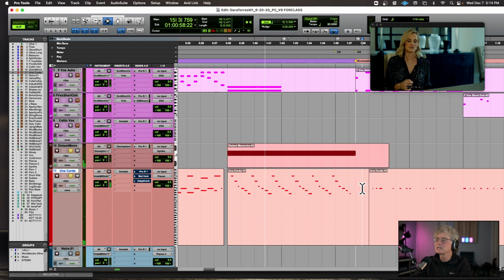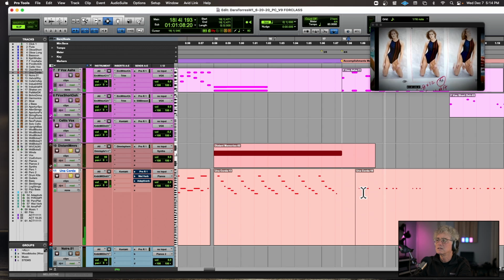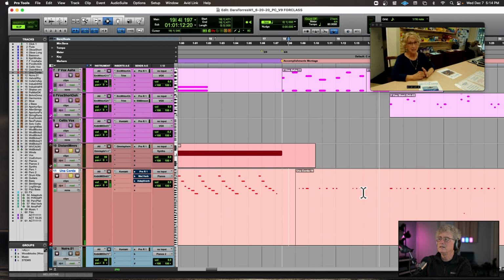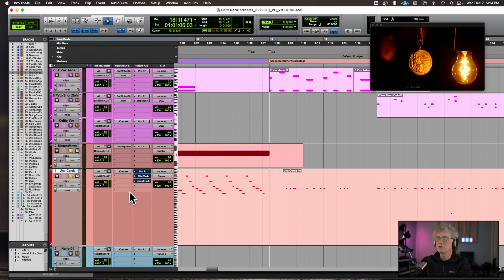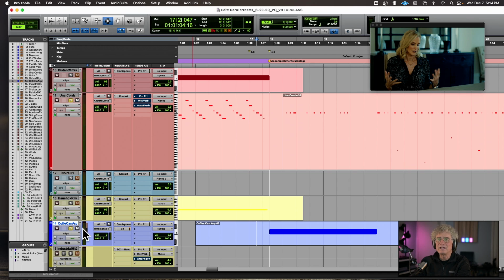And then this next bit is the same thing. I didn't play anything that was a regular pattern, right? I'm trying to keep things sounding irregular, and it works well with this track here.